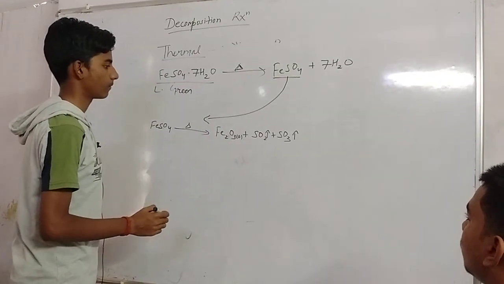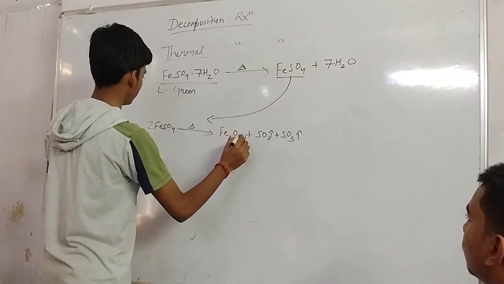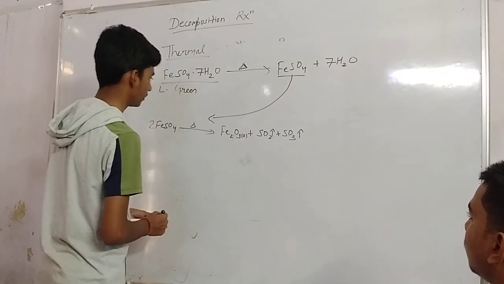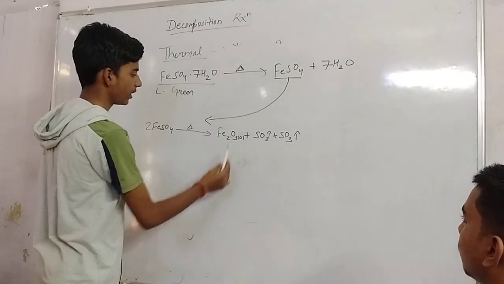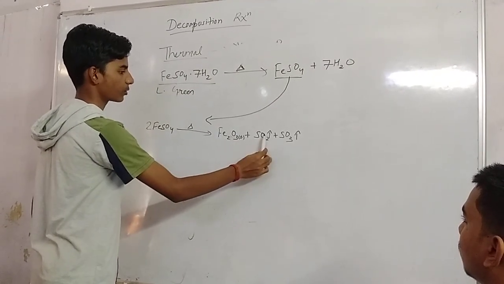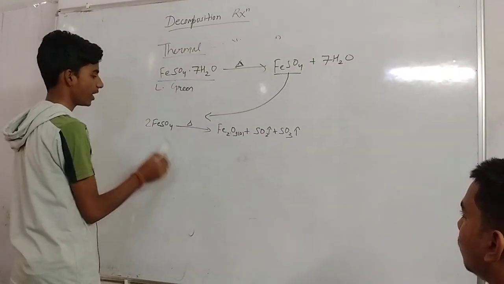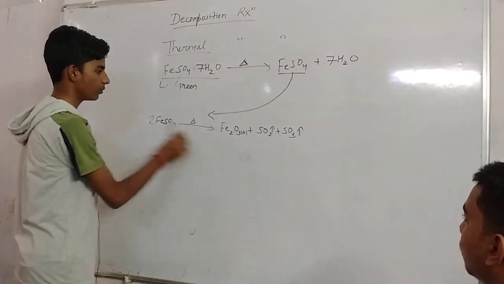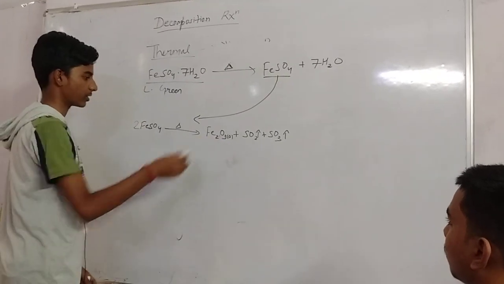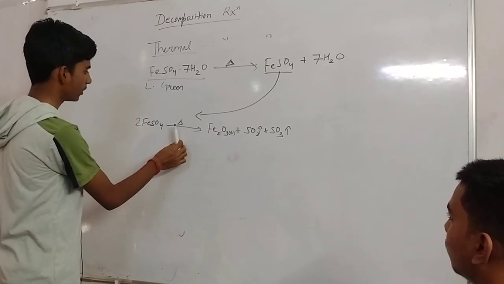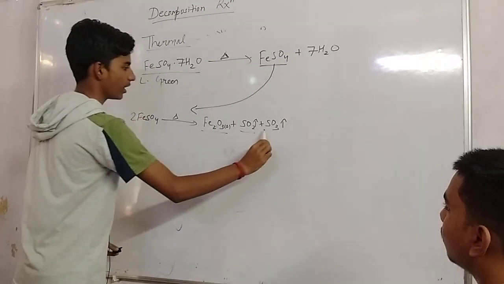But that is not the balanced reaction. Yes, we have to balance it. So here we will do 2. Now it is balanced. Can you count out the oxygen atoms? Oxygen here is 3, 2, 3 plus 2 is 5, 5 plus 3 is 8. Here 4 into 2 is 8 oxygen. Very good. And S here is 2, here 2S, and Fe 2, here Fe 2. So it is a balanced equation. So when we provide heat to FeSO4, it breaks down into Fe2O3, SO2 and SO3.